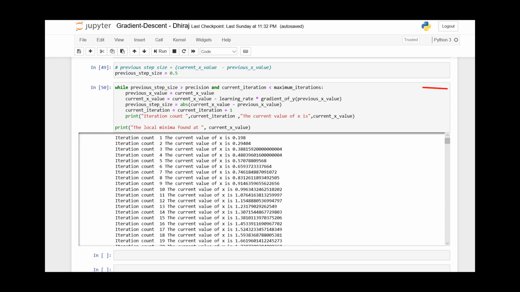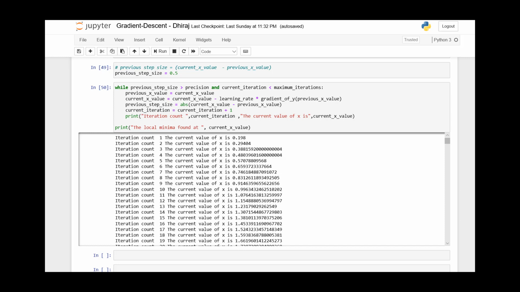This loop will run as long as previous step size is greater than precision and current iteration is less than maximum iterations. By using the code current x value equals current x value minus learning rate times gradient of previous x value, we are updating the current value of x in each iteration of the while loop.